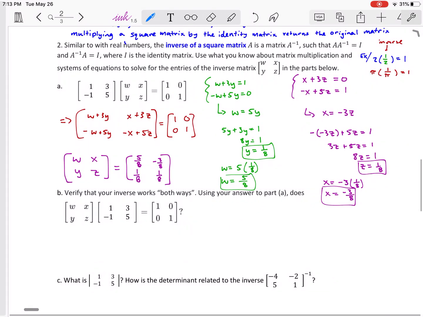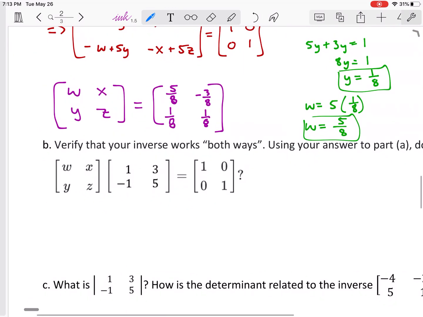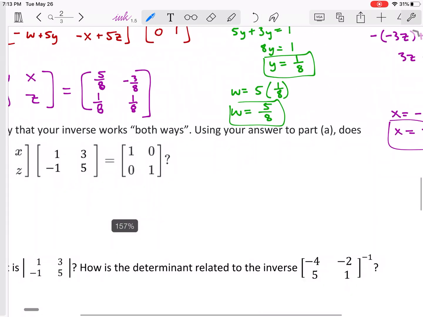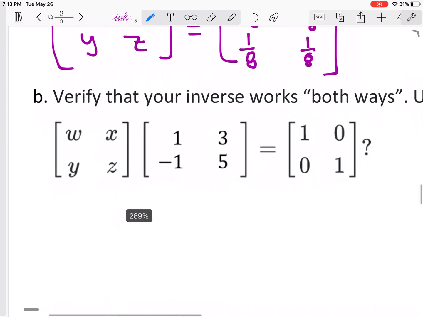And there's our inverse matrix, which is pretty awesome. All right, so now we want to verify that it works both ways. The order shouldn't really matter, so let's test it out. Using your answer, I want you to use this inverse matrix,